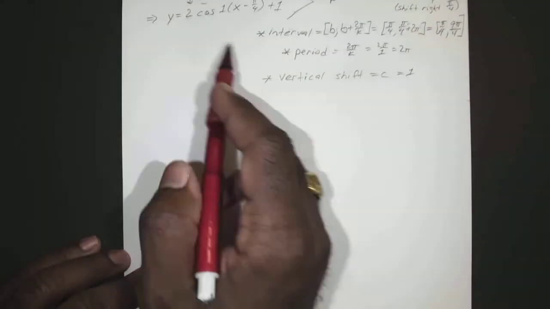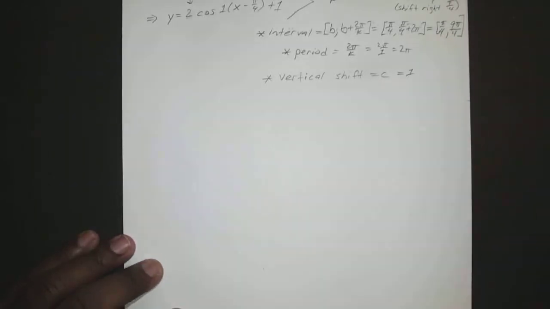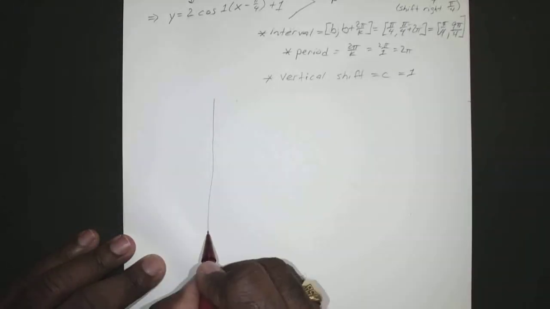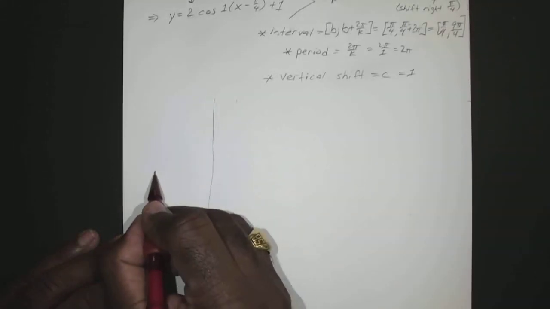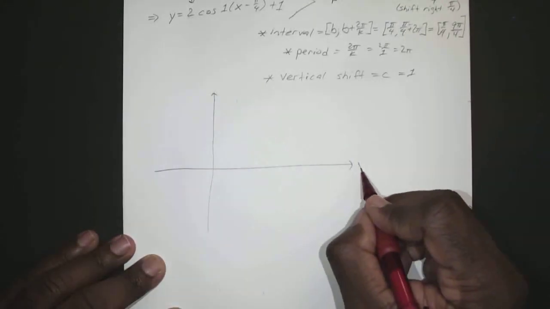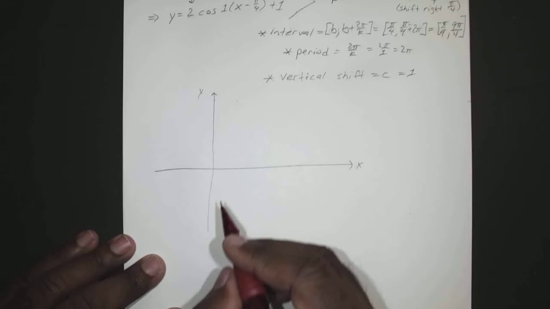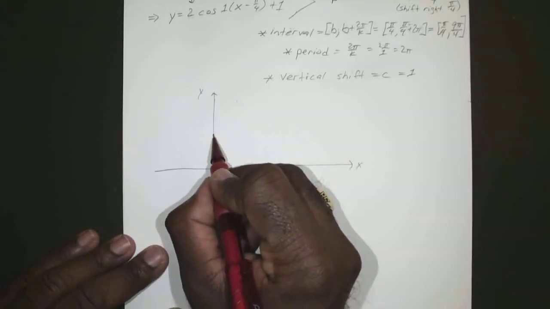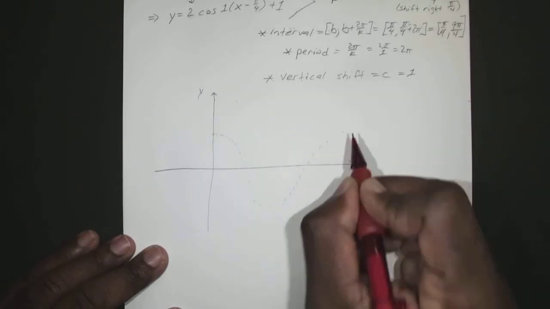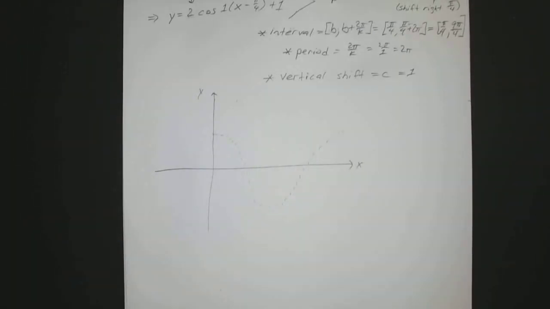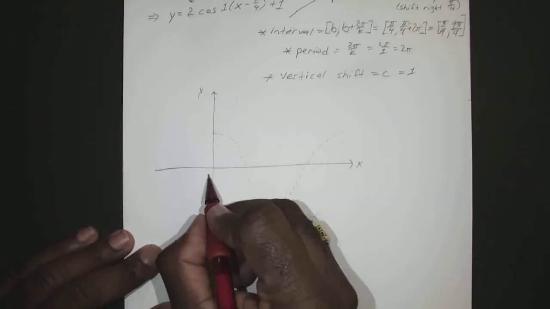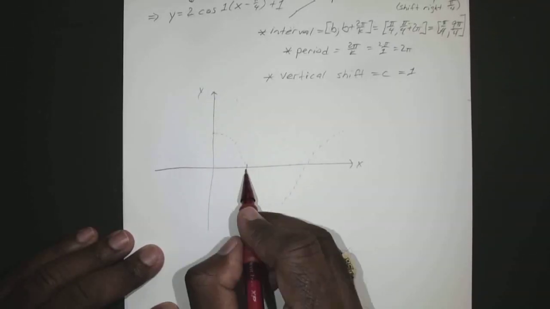Okay, so we're going to go ahead and graph our cosine using everything we have here. All right, and we're going to line that up against just regular cosine. Okay, so we have our x and we have our y. We're going to do a quick graph of just regular cosine. Okay, so that's just one cycle of cosine. Okay, so remember, it becomes 0 at